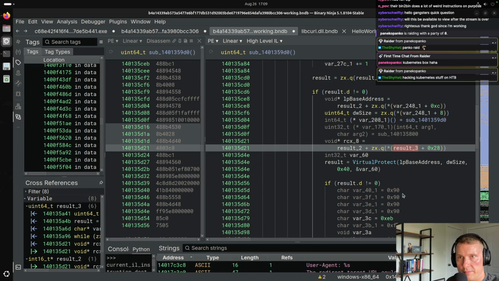Also, I don't know if you're still around, but were you able to solve the Kubernetes box and hack the